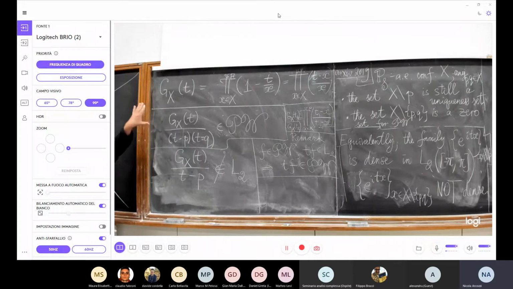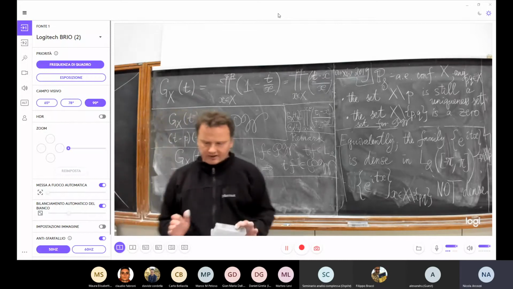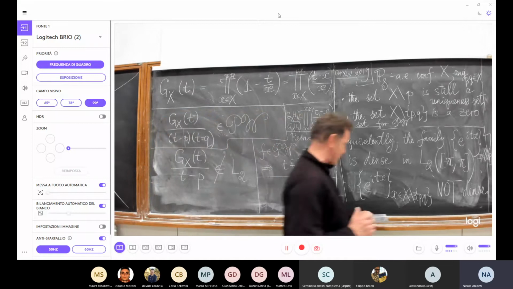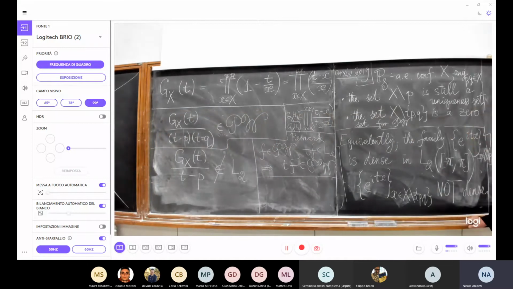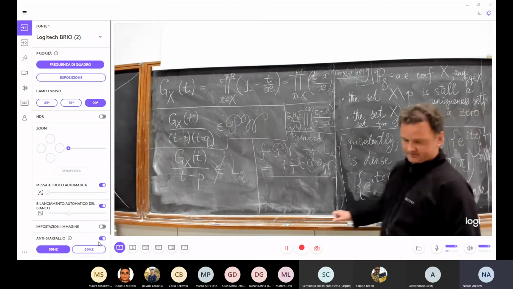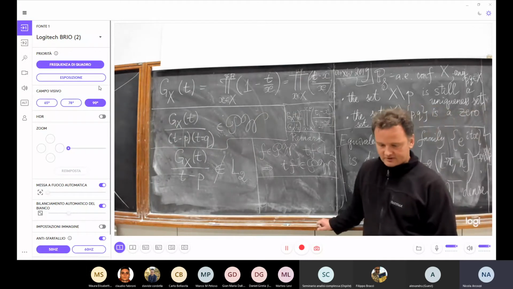So this statement I can prove in some generality, whereas this statement is specific to the sine process. Here I have finished with the formulation of the result. And again, let me ask if there are some questions. If there are no questions, I will pass to an outline of the proofs. So, are there any questions about the formulation of the result? I don't see questions.